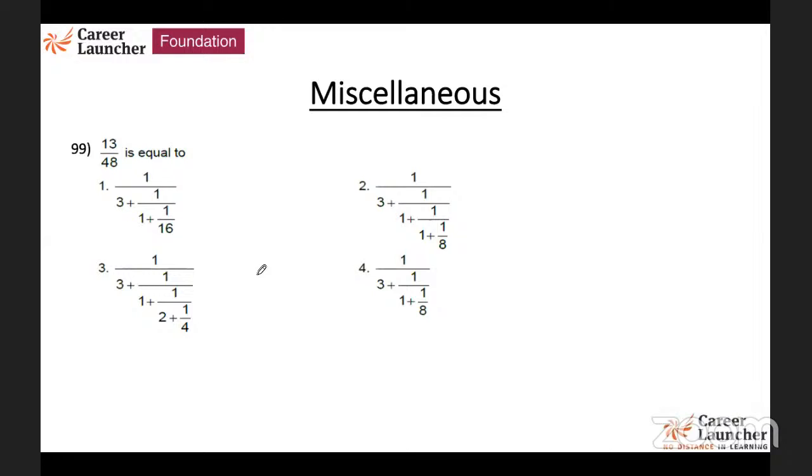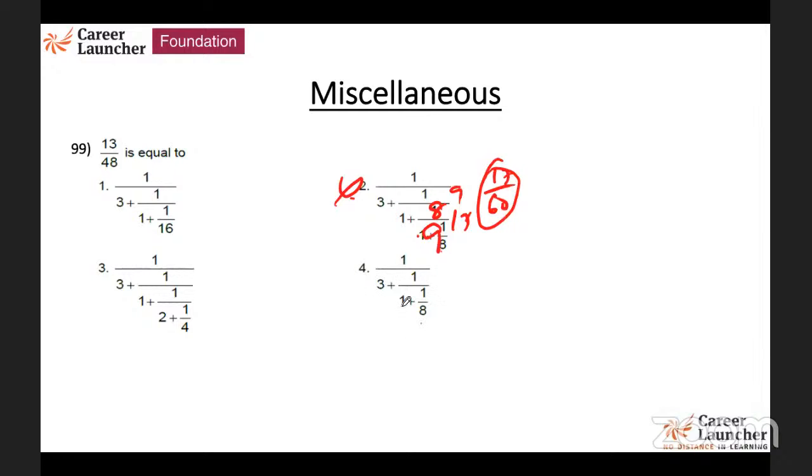Saumita, just check it out. So if it is 2, Saumita, 8 into 8 plus 1, 9. This is 9 down and 8 up. 9 plus 8, 17 and 9 up. 17 3s are 51 plus 9, 60 and 17. This is 17 by 60. This cannot be the answer.